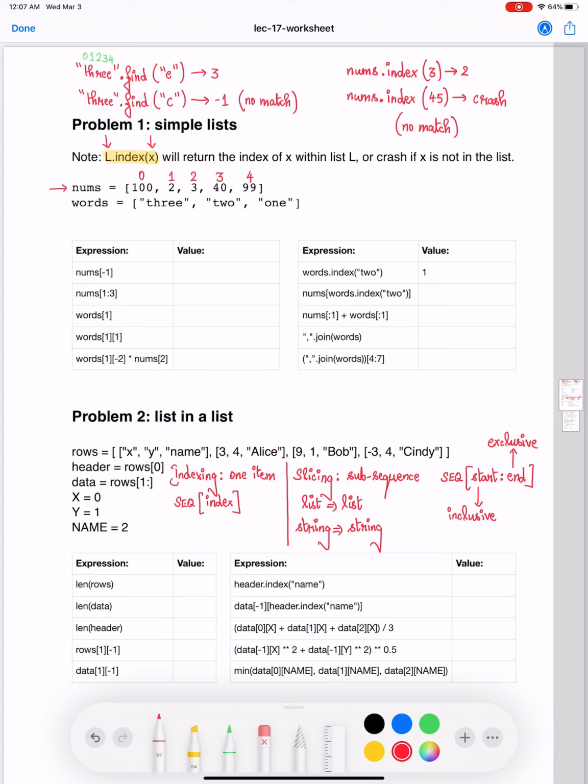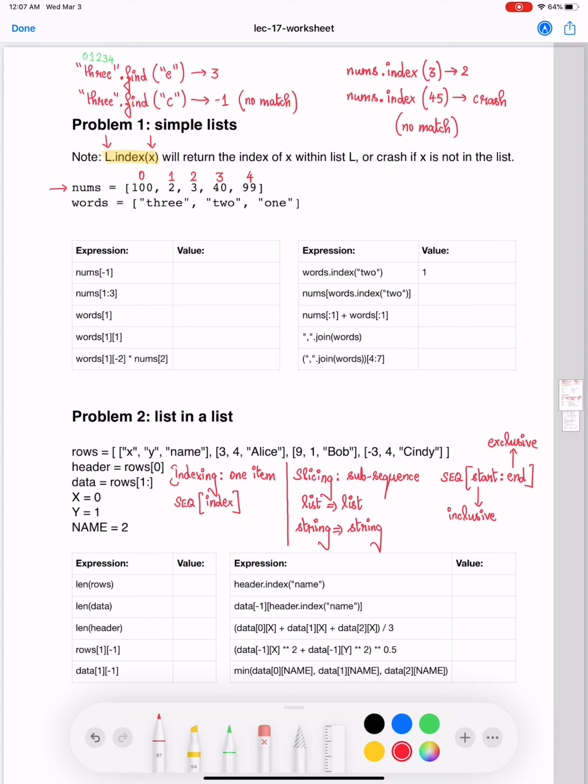The technical term for that is overloading. When you have multiple meanings for a certain thing, you call that as overloading. Look within the square brackets. If you have a comma, then you are defining a list. If you have a colon, then you are slicing. If you neither have a comma nor a colon, you are indexing.